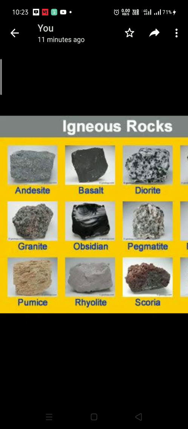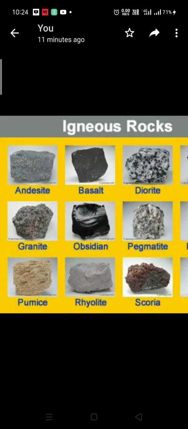And how are they? Because they are fully spread out, they are in small granule forms. They are not like big rocks, they are small grain structure. Extrusive igneous rocks are small grain structure. Why? Because they are on the surface, they are spread out, and they cool very fast. They are not lying one upon another, they are not forming layers. So they are fine grain form. Okay, fine rocks.